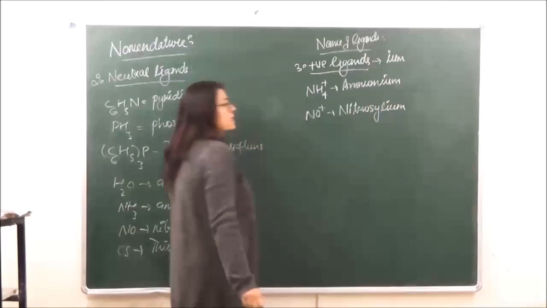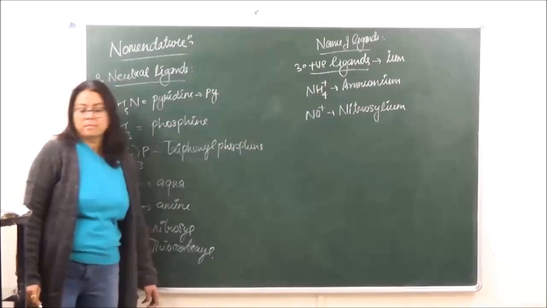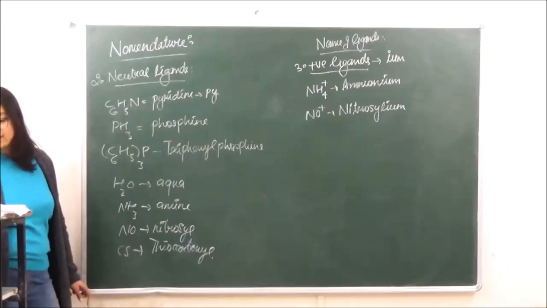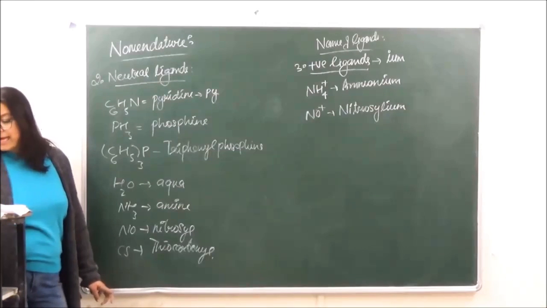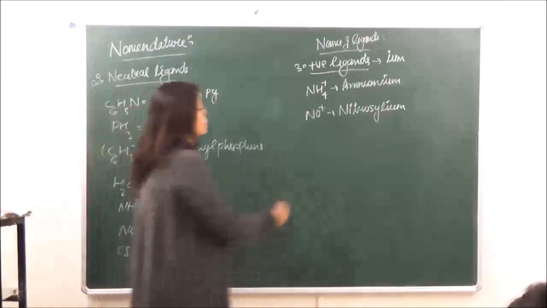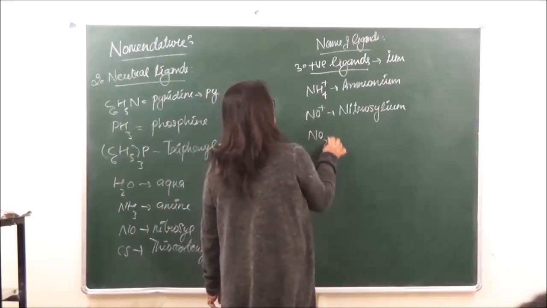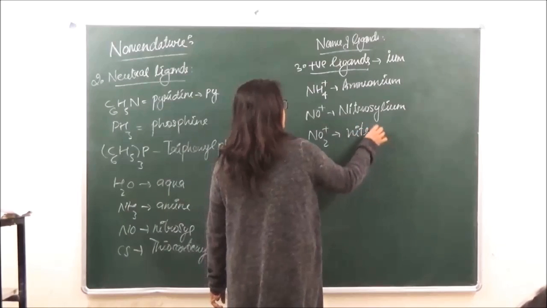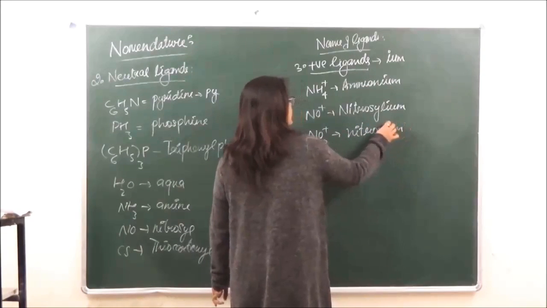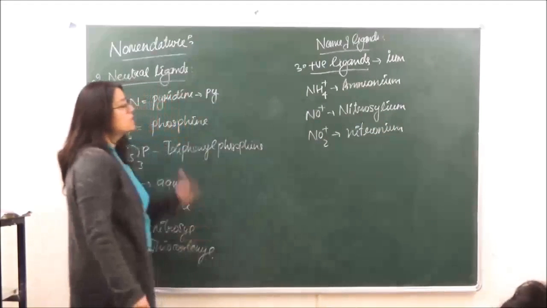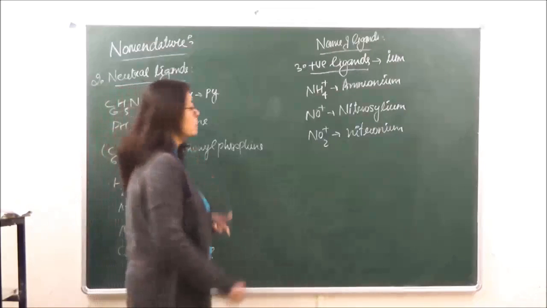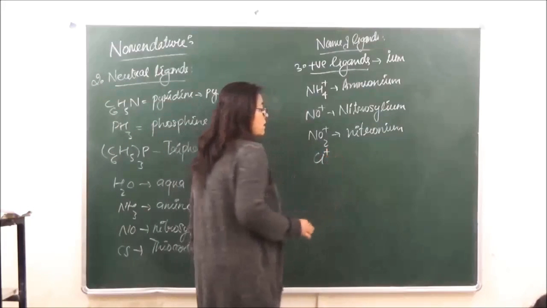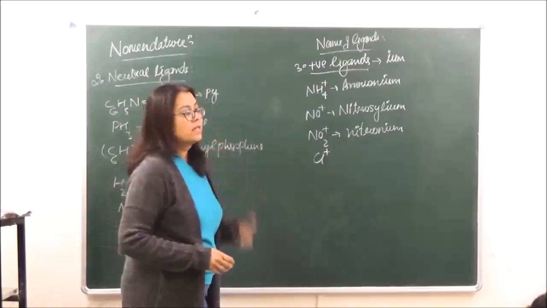This is known as nitrosonium. Then we have NO2 positive, which is known as nitronium. So positively charged, even if we have certain halogens which are positively charged like Cl positive,